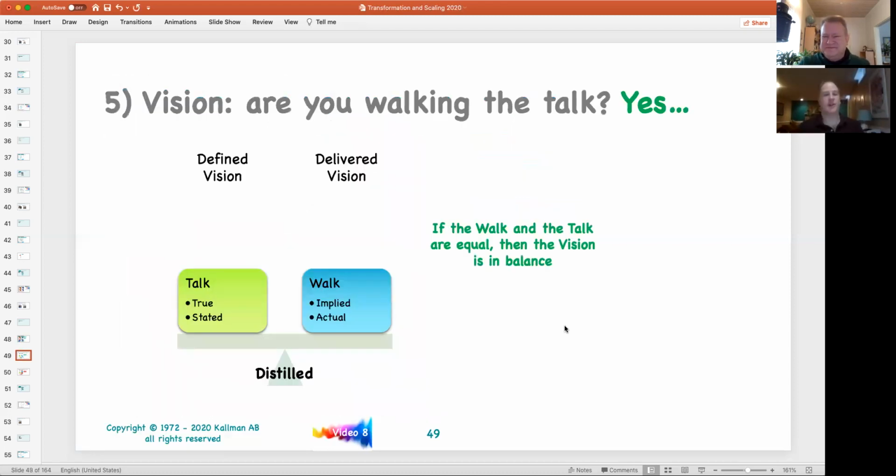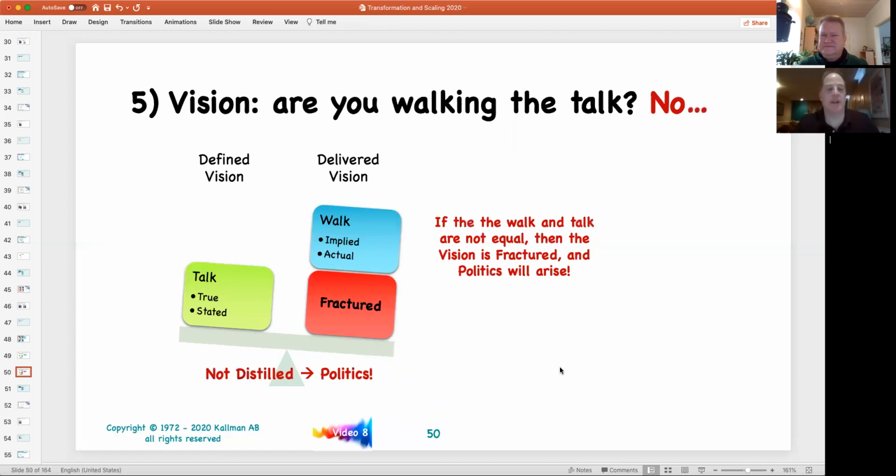But we're talking about vision. You probably heard this before in several different settings, but there's the defined vision and delivered vision. It's the difference between talking the talk and walking the talk. And in order to do that, you have to have a distilled vision. It has to be clear. So when you click on the next piece of this,